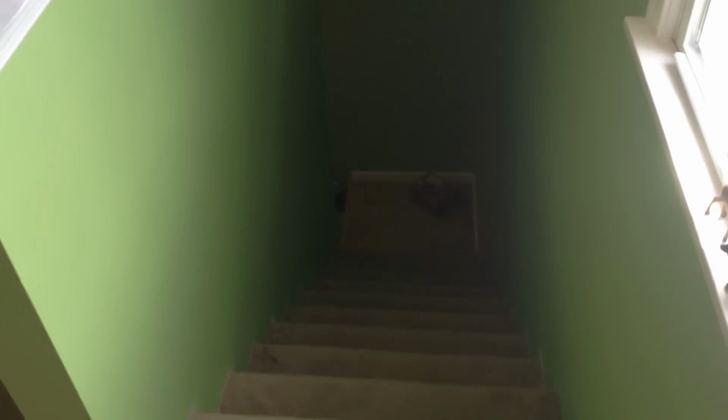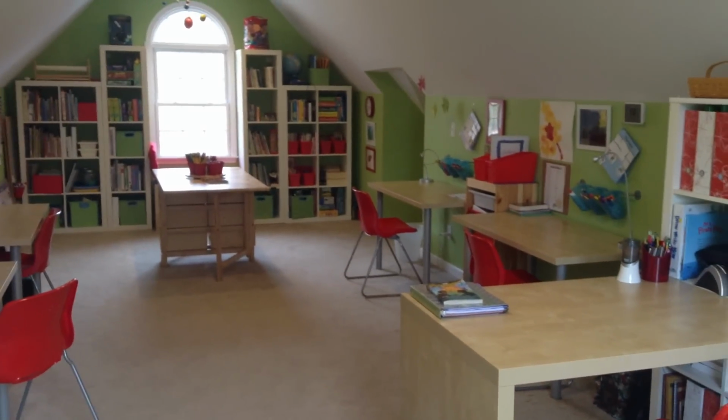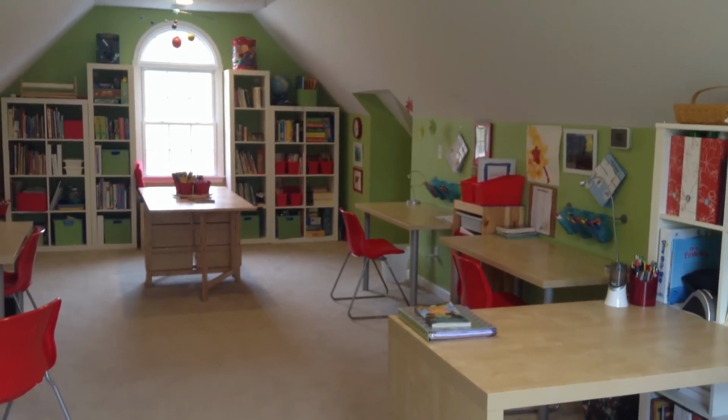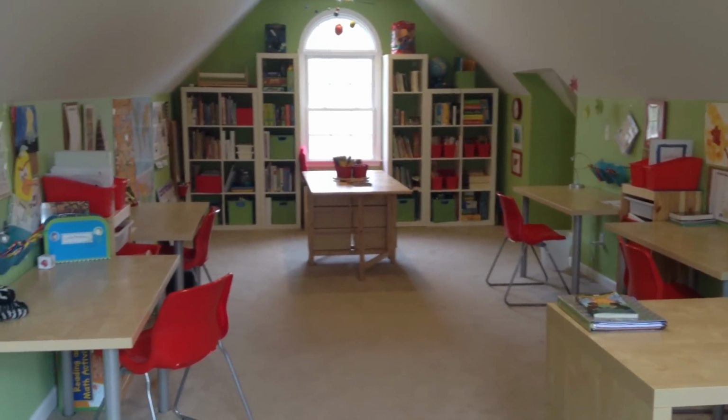So it comes up above our garage, so you can see sort of the stairwell here that we come up. We do not use that entrance. It is super cold there. And then over on the far side of the room, kind of about dead center right now, that connects over to where our girls' room is. So I'll take you that way in just a minute, but just to kind of give you an idea of how everything's set up,